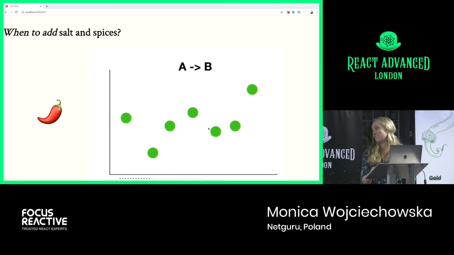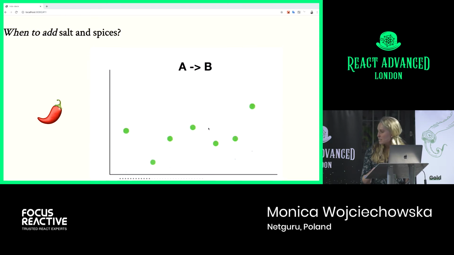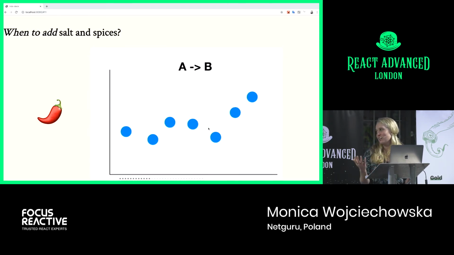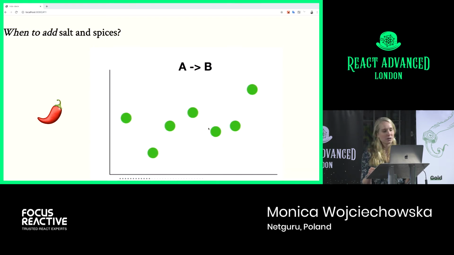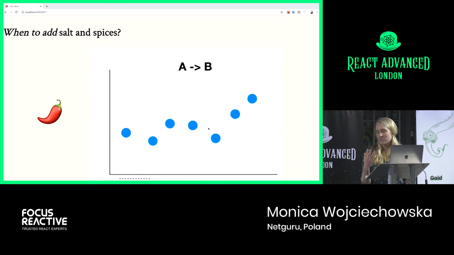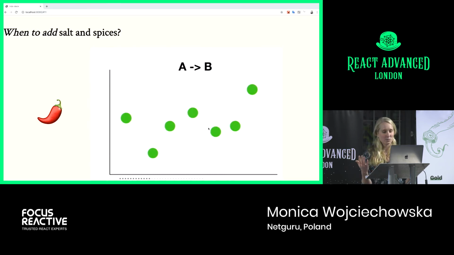And so when do we add the salt and spices? Well, this is our first situation that would clue that we can add animation to this data visualization. This is when we're replacing data sets. So data set A, the blue data set, right now is being replaced by data set B, the green data set. And so we have elements entering and exiting, and we need to clue to the user that the entire set is changing. So without animation here, and say the colors were the same, if the user didn't see that change, then they might think it's the same data set.